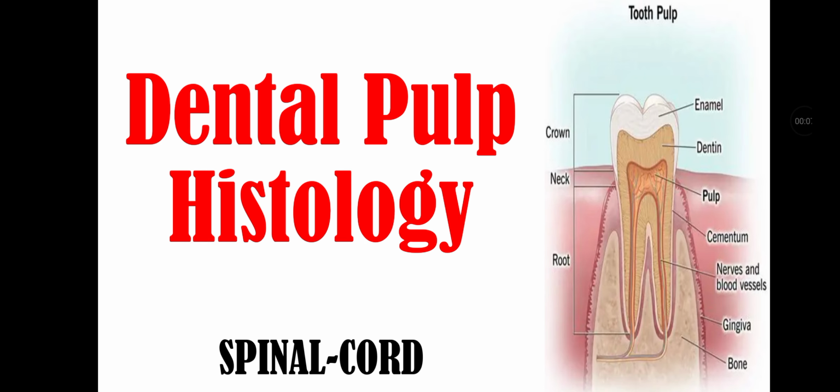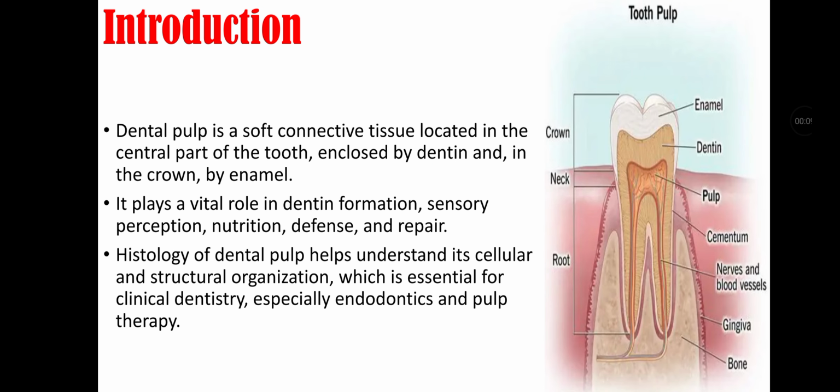So let's start our topic with introduction. Dental pulp is a soft connective tissue located in the central part of the tooth, enclosed by dentine and in the crown by enamel. It plays a vital role in dentine formation, perception, nutrition, defense, and repair. Histology of dental pulp helps understand its cellular and structural organization, which is essential for clinical dentistry, especially endodontics and